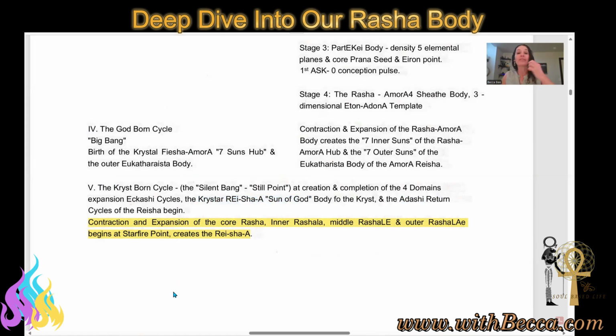I'm tying in a bunch of terms for you guys. I know this can sound a little bit confusing, but I want to tie in a bunch of terms so that they make sense. What we're realizing is we are Christ born. As a Christ born, we are on a cycle. That cycle moves through something so minute and small, like the Big Bang, but it's that whole expression of energy happening within the atom of our body through this part of Chi, this part of K, and this part of Cum.